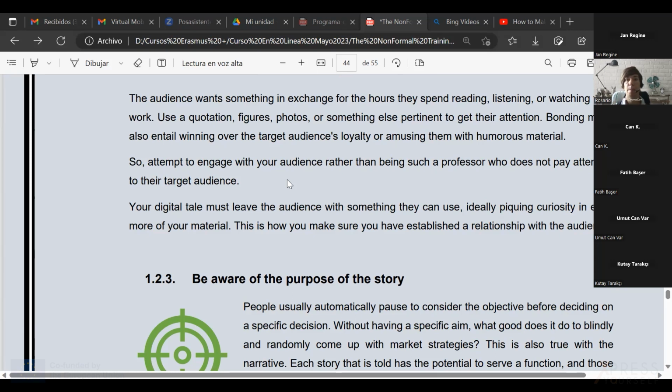So if they are watching your video, it's because they want something from you, from your video. Include material that they like in it, and then give something in exchange at the end, either knowledge, art, or cultural things, you know.